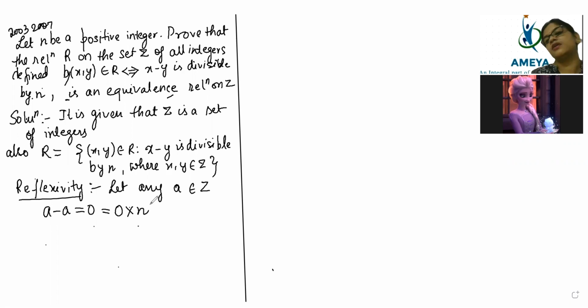Now, why did I write like that? Better understand one simple thing. If 4 is divided by 2, you will say, Auntie, 2 is present inside 4. That's why 4 is divided by 2. If 12 is divided by 6, then you will say, factor 6 is present inside 12. That means 12 contains 6. That's why 12 is divisible by 6. Are you agreeing with my point?